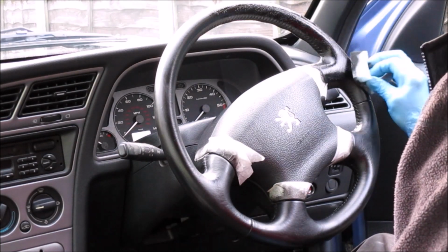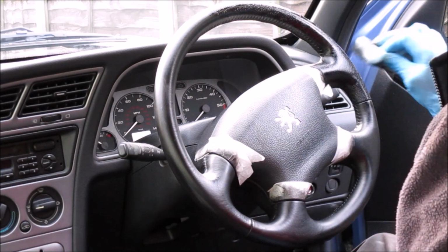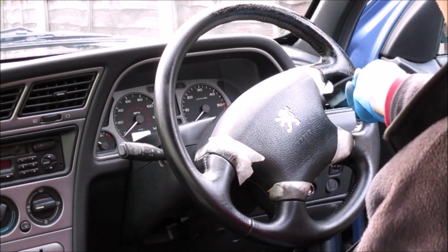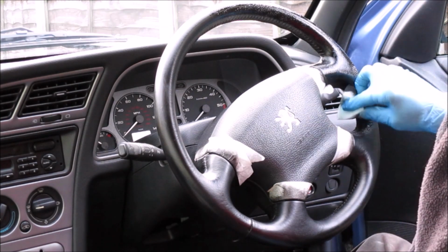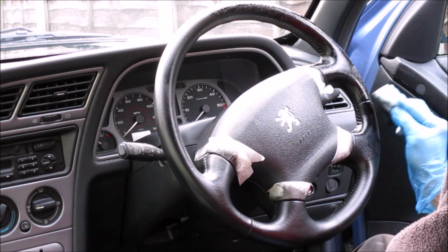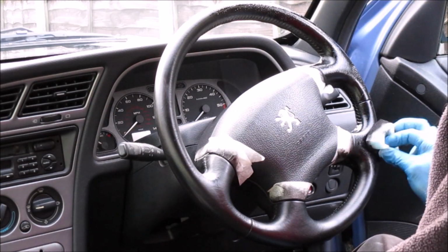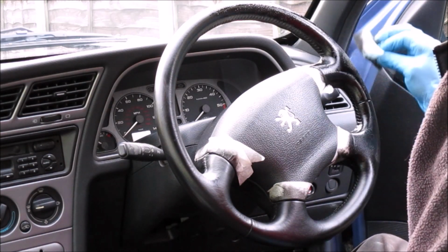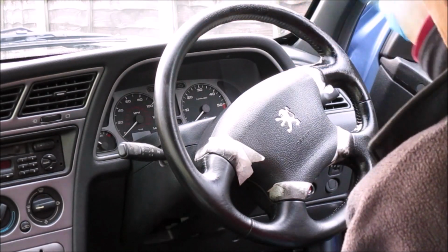Now there are some areas where there's still quite a lot of grain on there, so you could just wipe them over. But there are some areas which have gone quite smooth through wear and tear. Mind you, this steering wheel has seen 110,000 miles, so you know it's bound to have a bit of wear. So I'll just go over that, and where you've got excess on there,